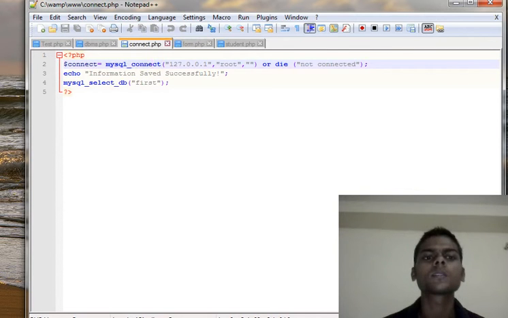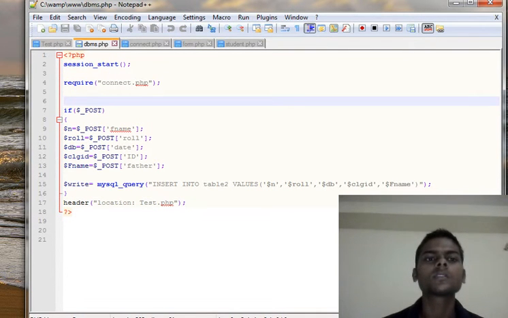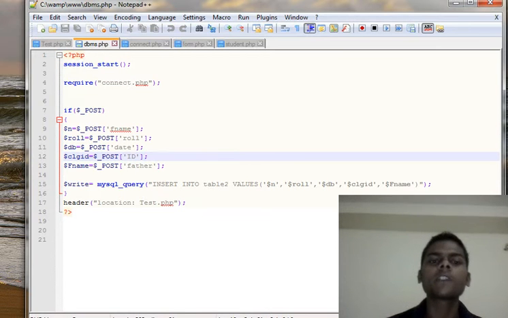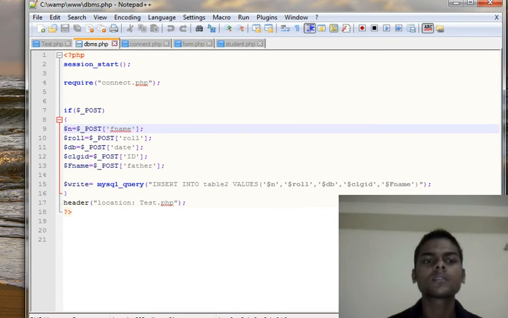Okay, in the dbms.php file, whatever we enter in the text field is going to be saved in variables named $roll, $DV.